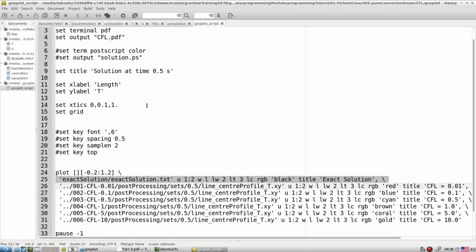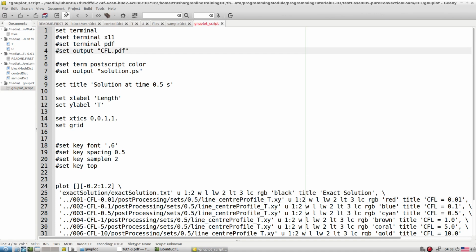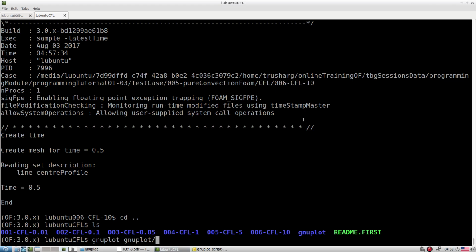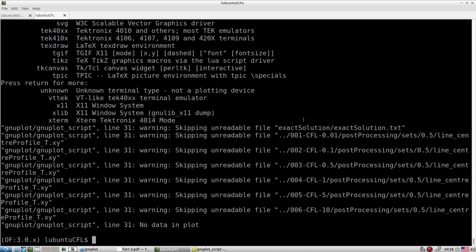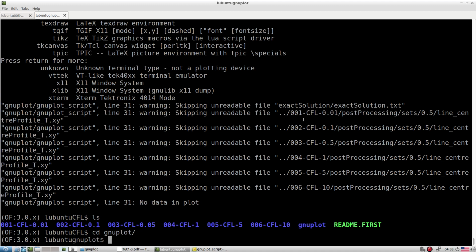Okay, here at present, let's say I don't want the output as a PDF. I can switch off the output as a PDF, so we can see on screen what is happening. New script. Okay, so what failed, let me see, we are supposed to go to the same folder, then it's going to work. cd gnuplot. Okay, and then gnuplot.